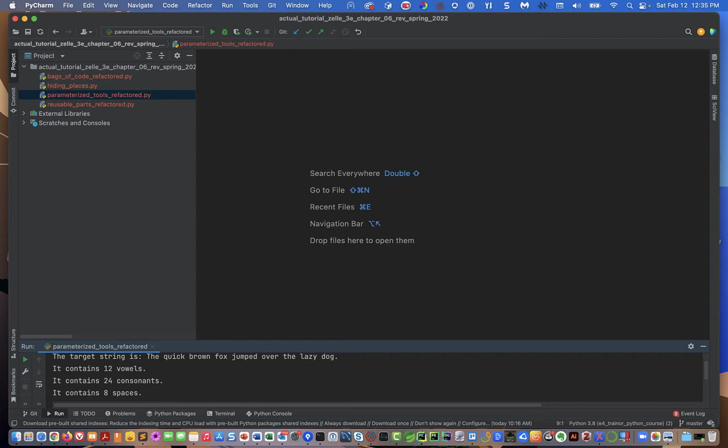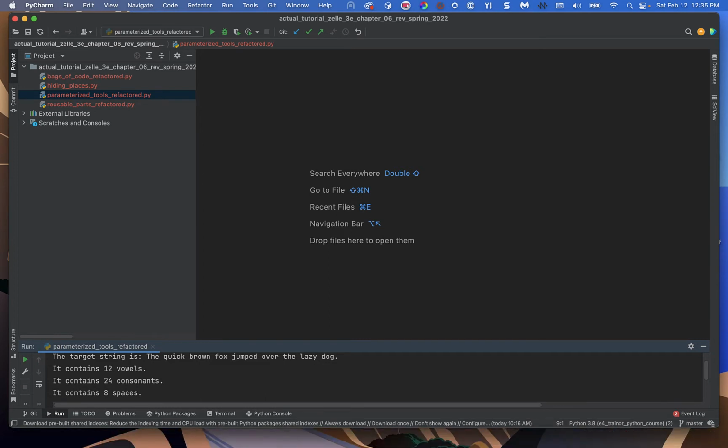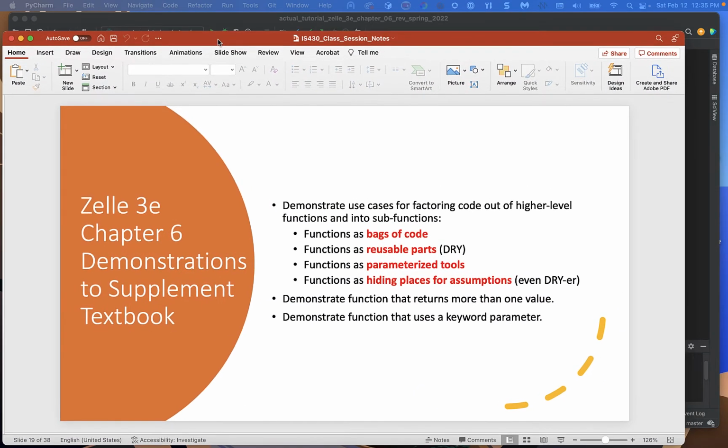So this is the last of four of the tutorials that I'm doing. And the use case that we're trying to recognize is one called hiding places. So let me try to find the slide that I used during the lecture. Okay,